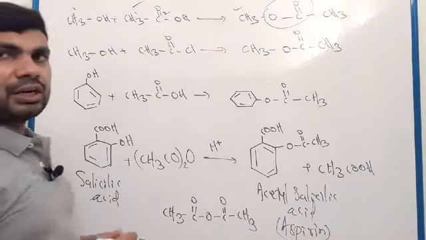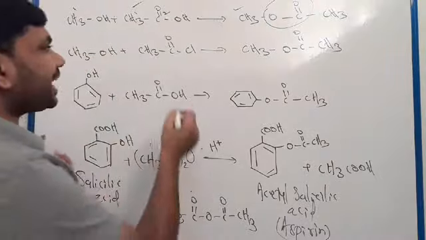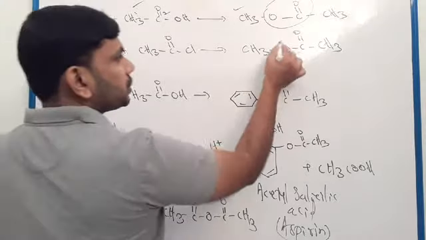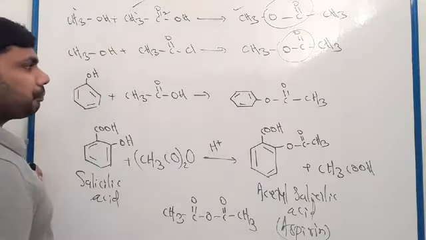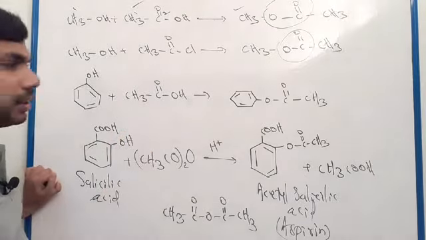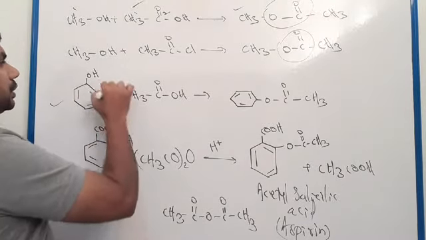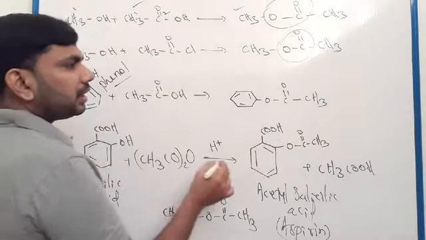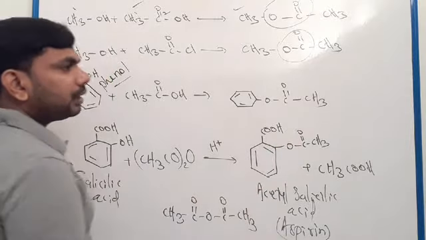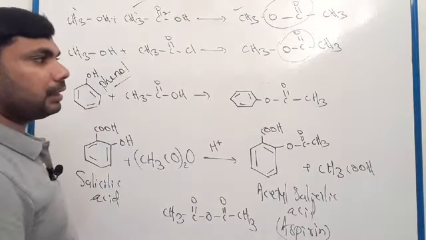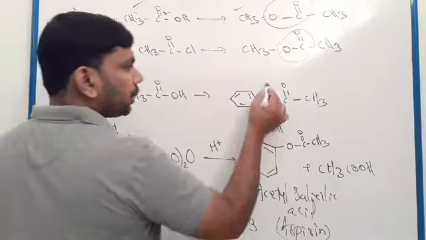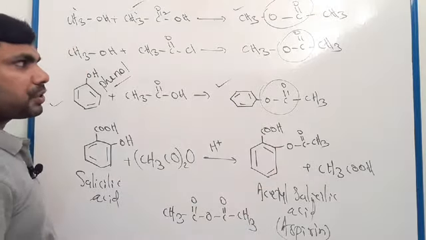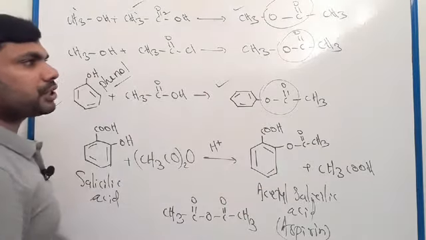Similarly, we discuss here acyl chloride. This is acid chloride or acyl chloride reacted with the alcohol. It changed to ester. This is ester linkage. Also here is another example: aromatic alcohol, phenol, reacted with carboxylic acid, and methyl benzoate is formed. So here also this is ester linkage. This is aromatic ester. So these are the different examples for formation of ester.